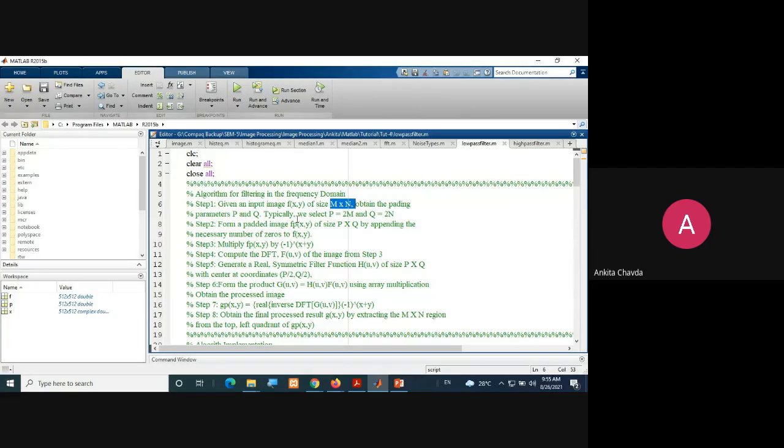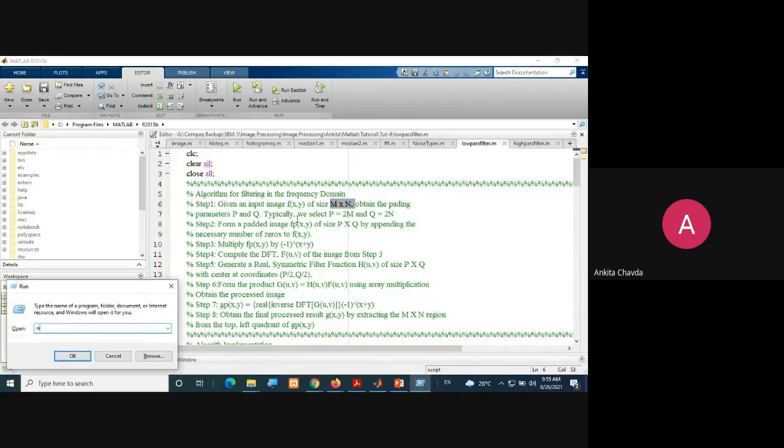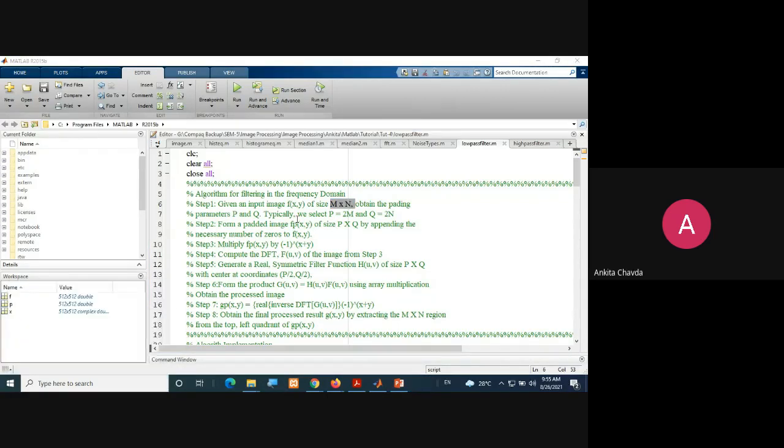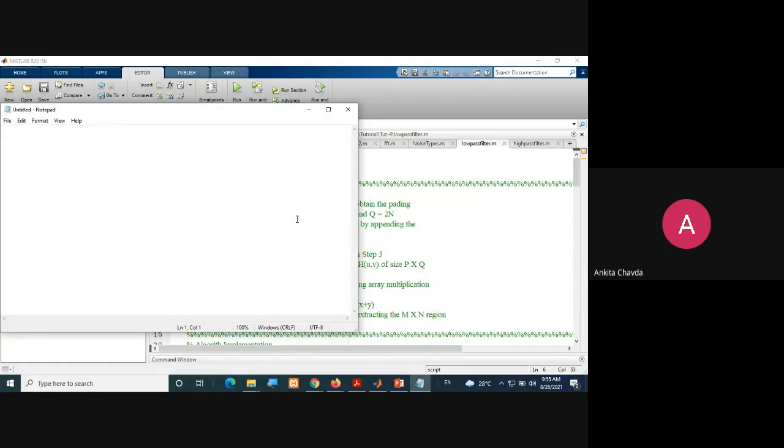Do you remember what kind of padding you have done in the spatial domain? Whatever your image size, suppose 512 cross 512, within this size you apply, suppose, a 3 cross 3 filter.